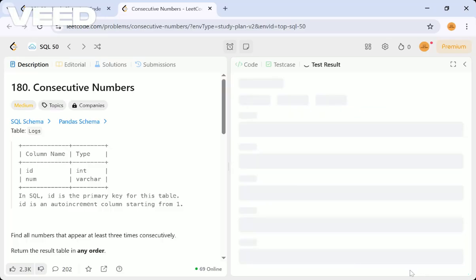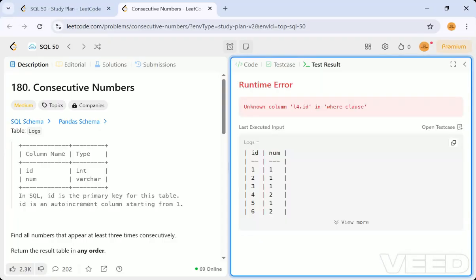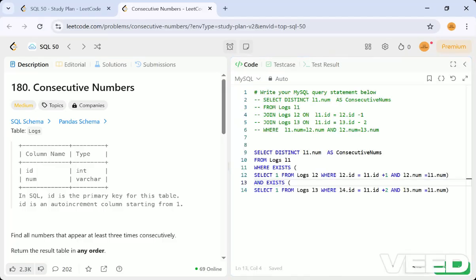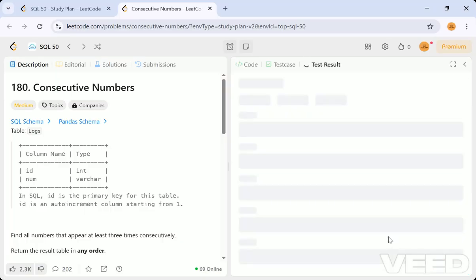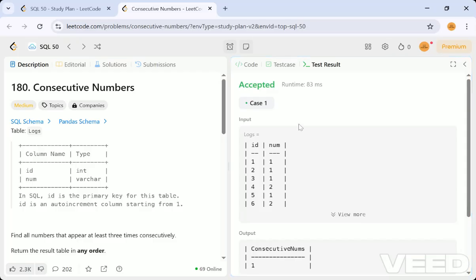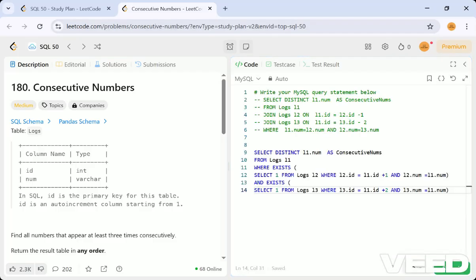So yeah, now it will be fine. I have added L4, sorry, this will be L3. Yeah, it's now accepted. So these are the two possible cases we can have, with joins and with exists.